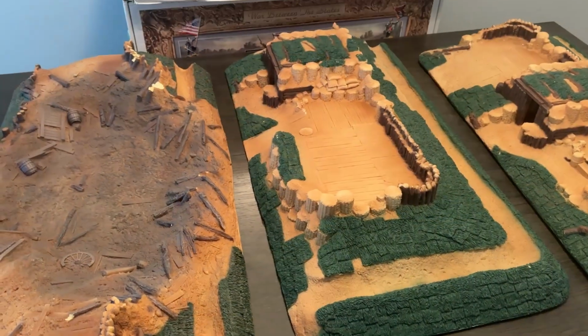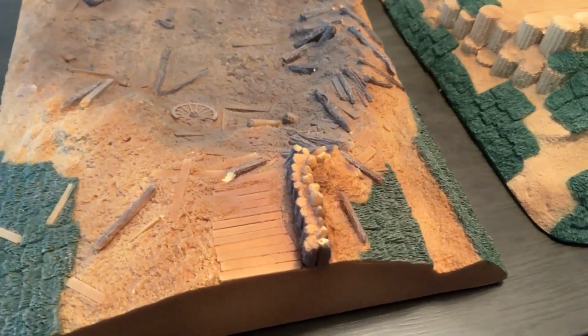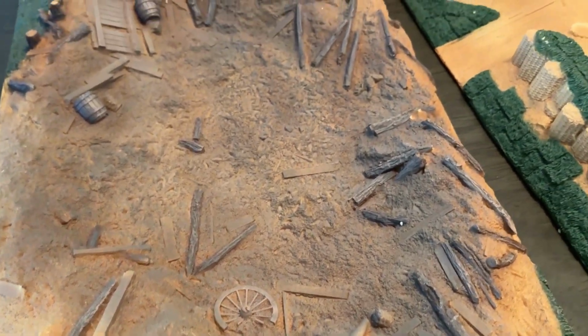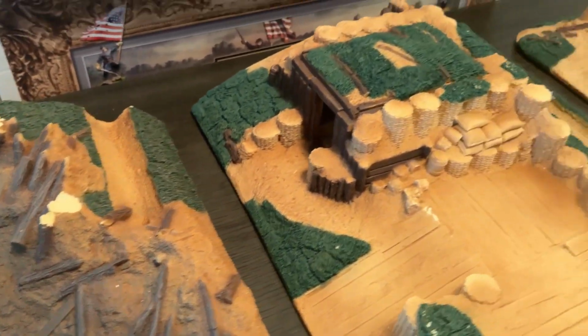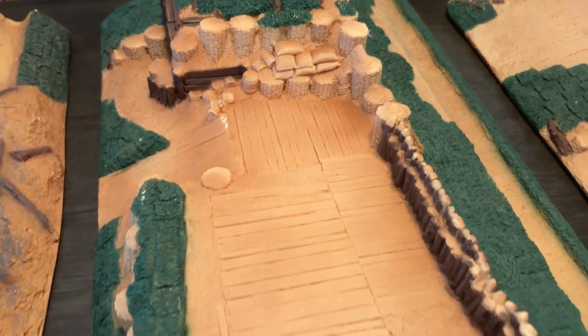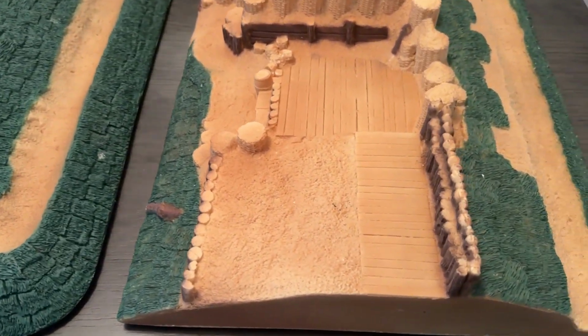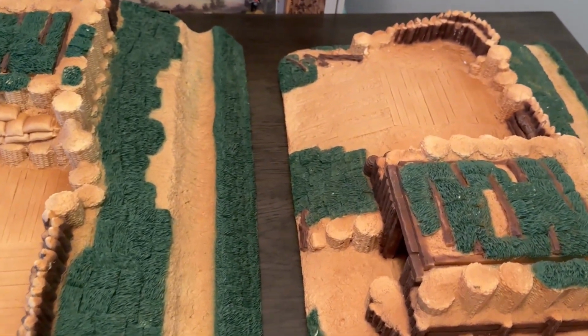Now, if you collect toy soldiers, I'm sure you're aware of Richard Conte. If you're not, Mr. Richard Conte came onto the market, I believe, in 2000. This playset here is dated 2003. I want to say this is the 2nd playset. I think he started with the World War II figures and then moved on to the Civil War. I could be wrong, but his figures,